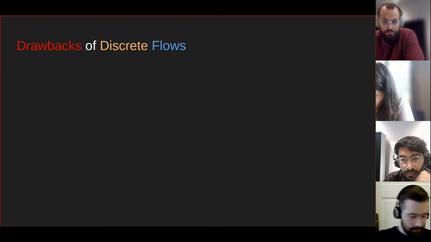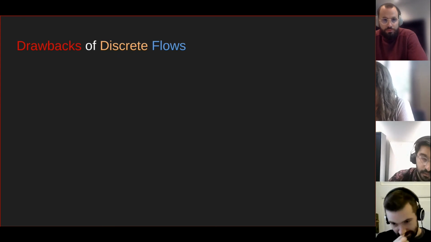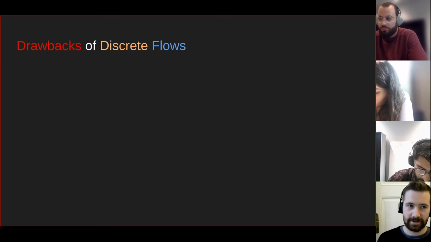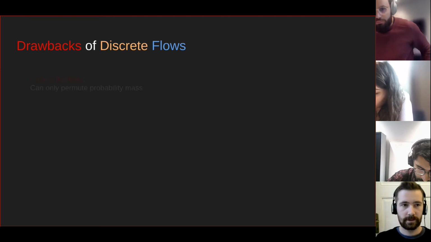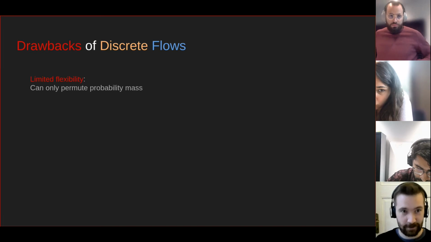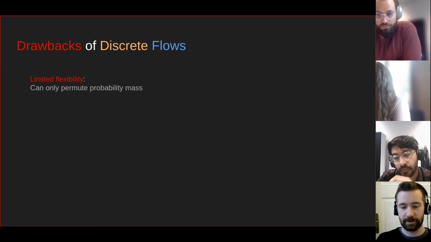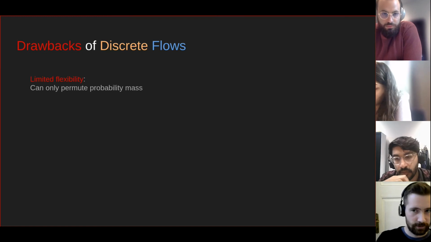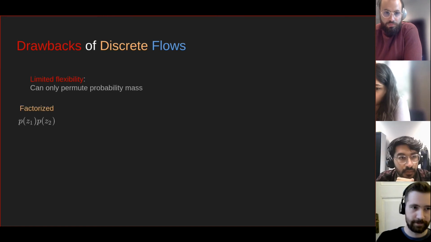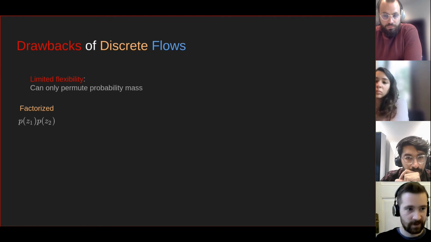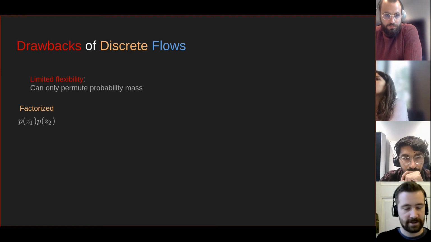So it might seem like this is the way to go, but actually discrete flows have a lot of drawbacks. One is that they have very limited flexibility, so they can only permute probability mass. To see what I mean by that, if you use a factorized base distribution, so just 2 dimensions in this case,